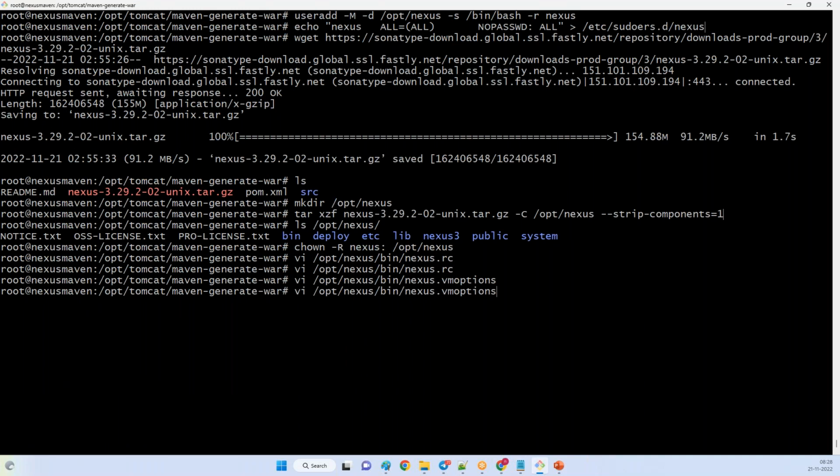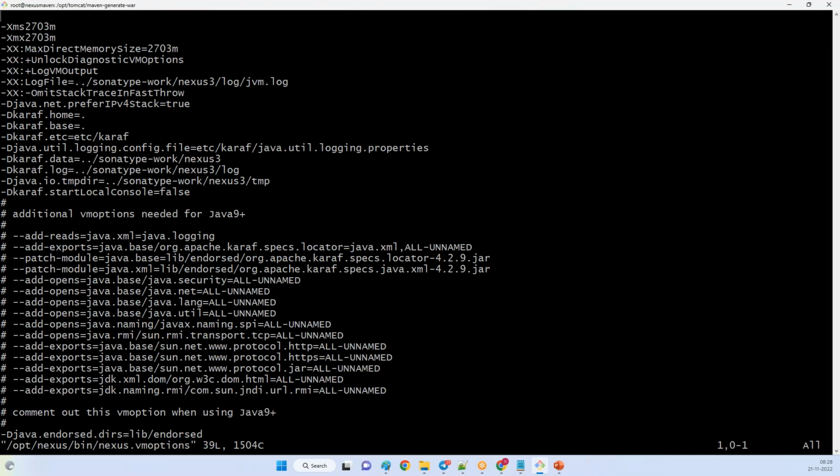How to update this file: the nexus.vmoptions file. So you have to update this. Okay, just go down.